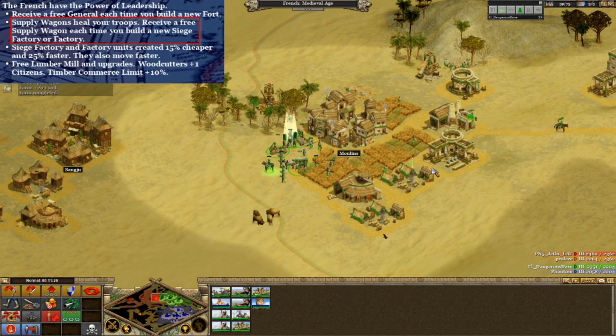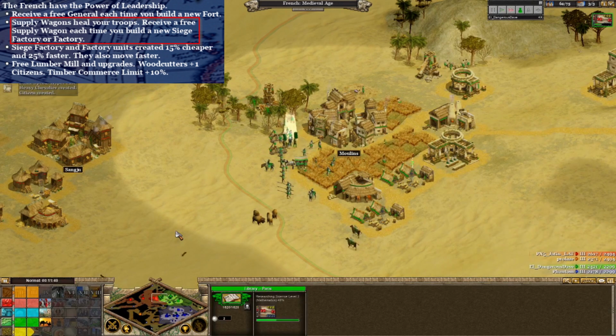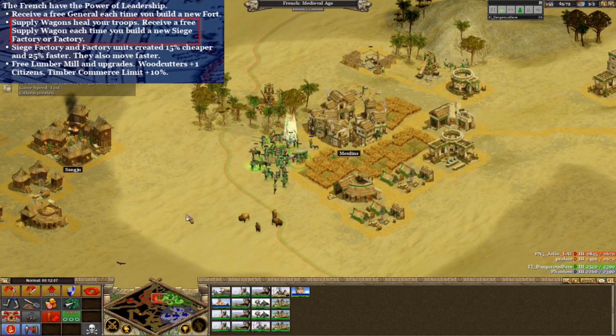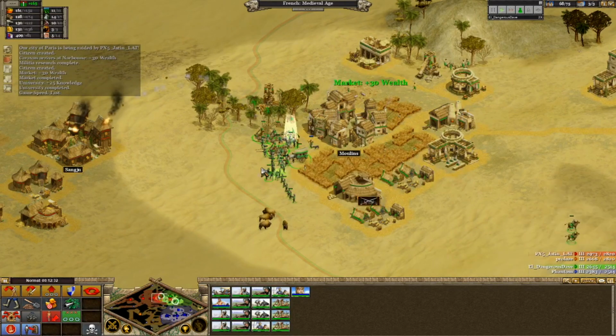The fifth and last nation power is that supply wagons heal your troops. Also, you receive a free supply wagon each time you build a siege factory or factory. Now, this is where things get interesting. This bonus is considered probably the strongest of the French powers, because normally units only heal in your own territory